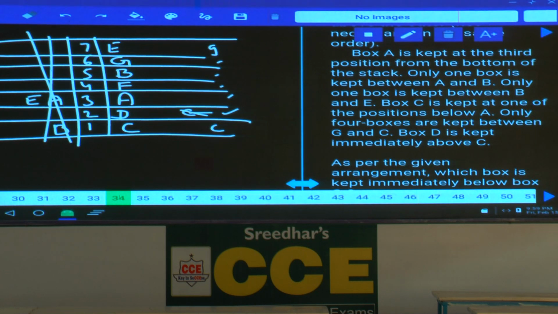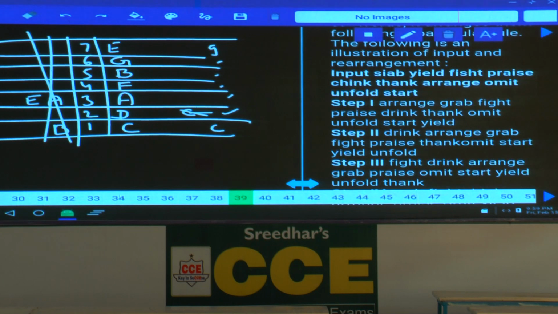EG, BF, AD and C is the order in which these 7 boxes were stacked one above the other. That was 34 to 38. Then question numbers 39 onwards. Now in this 39 onwards, these 5 are based on what? These 5 are based on input and